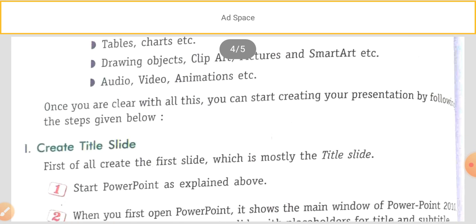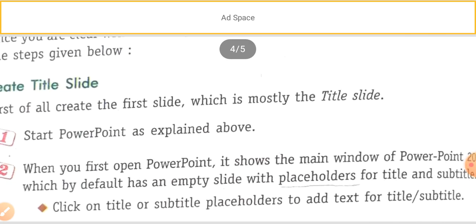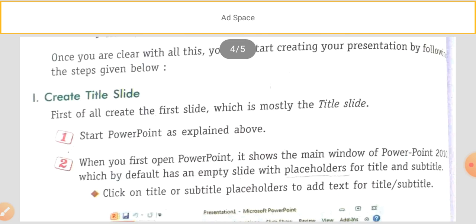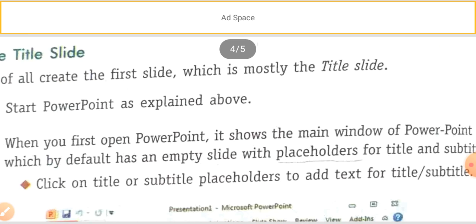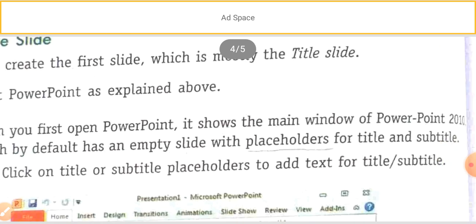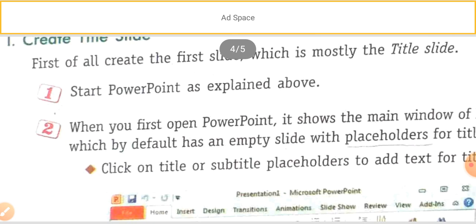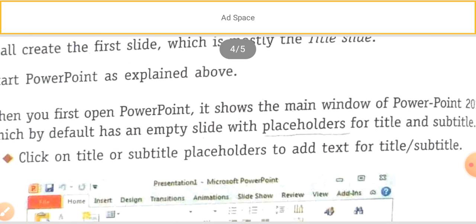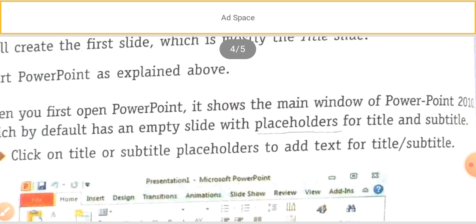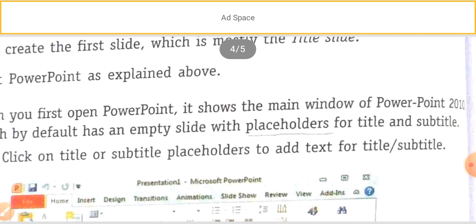The next one, creating the slide. What can we do? First, start the PowerPoint, which we have explained above. Next, after opening the PowerPoint, since we are learning PowerPoint 2010, you go to the empty slide with the placeholder for title and subtitle, and select it.